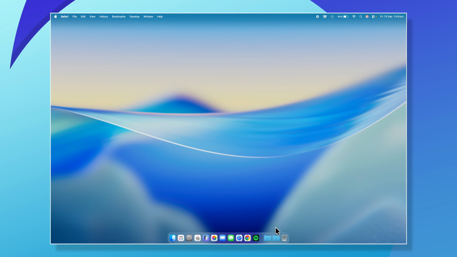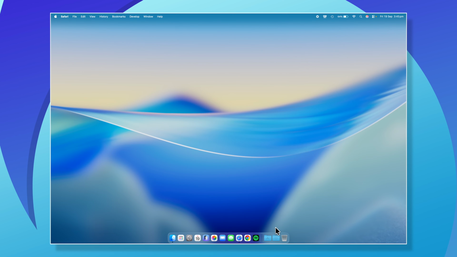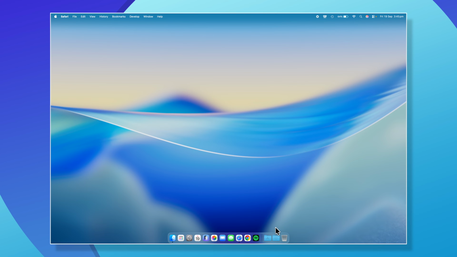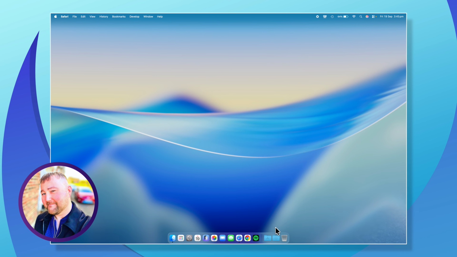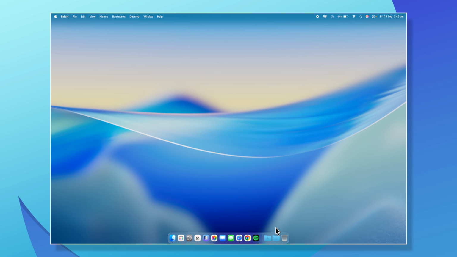So that is just a brief overview of macOS. If you are moving from Windows to Mac, I would consider going through everything, have a tinker around, have a look around, because macOS is more customizable than ever before.